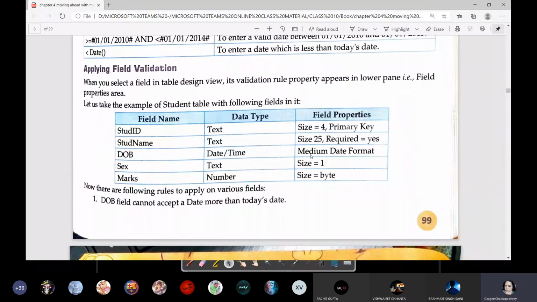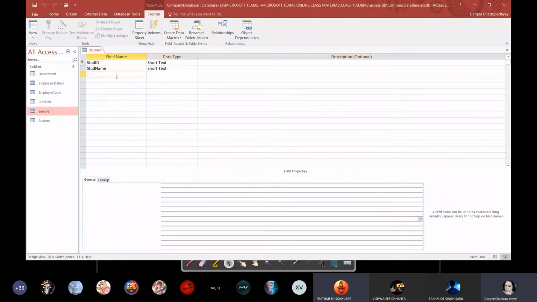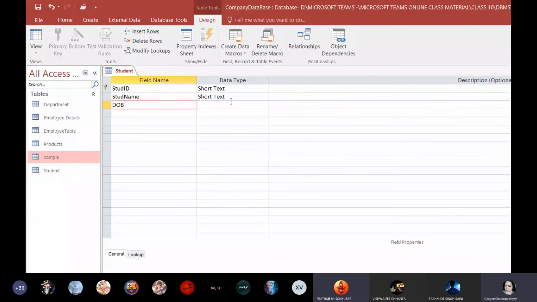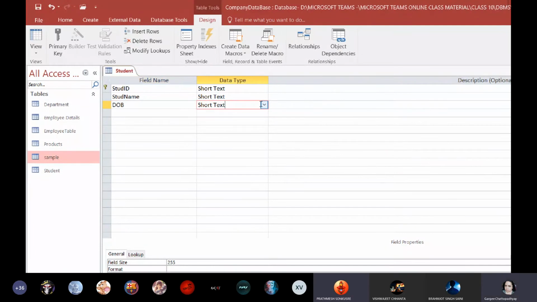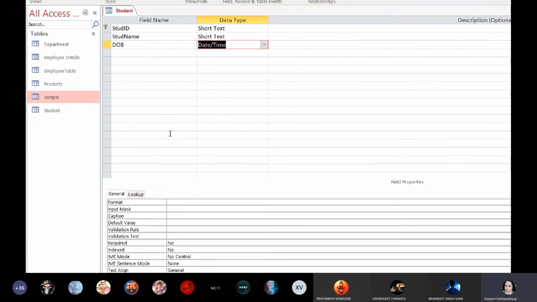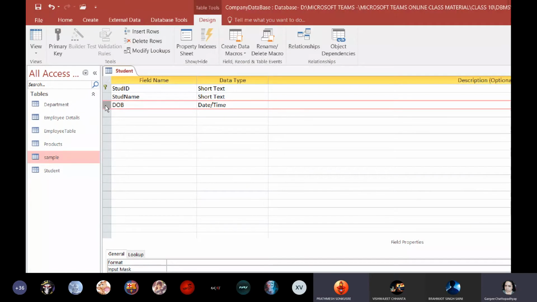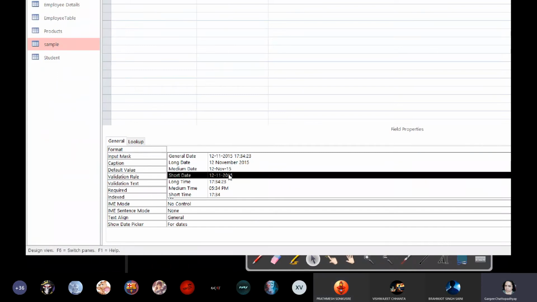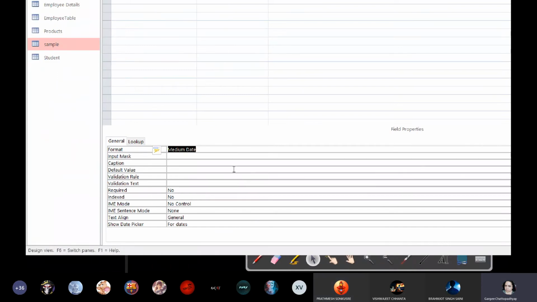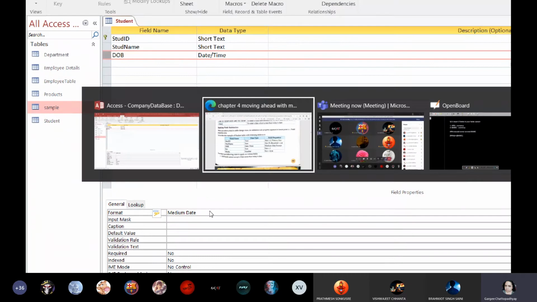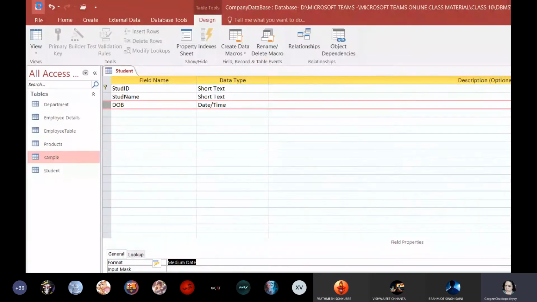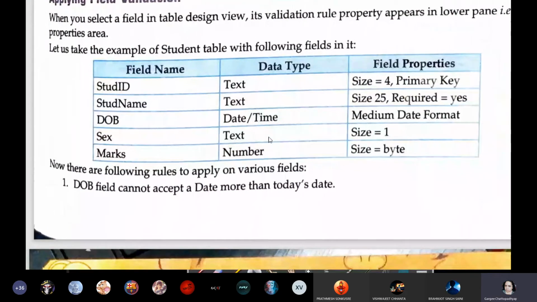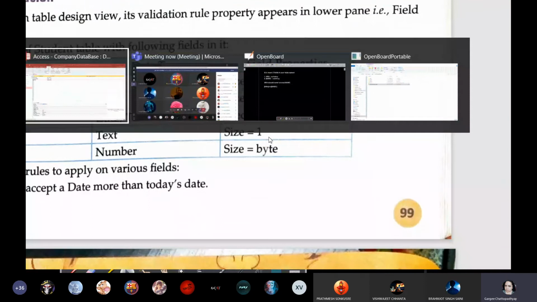First we will add a new field named DOB. Okay, very good. Fine. So I'm adding a new field named DOB here. Ma'am, then we will select the data type as date and time. Okay, so I'm selecting the data type as date and time. Next. Ma'am, then in format you will select medium date and time. Yes, very good, Prathamesh. So it's not very difficult, students. Okay, so it is set to be medium date, right? Let us check. Yes, it is medium date format and save it.